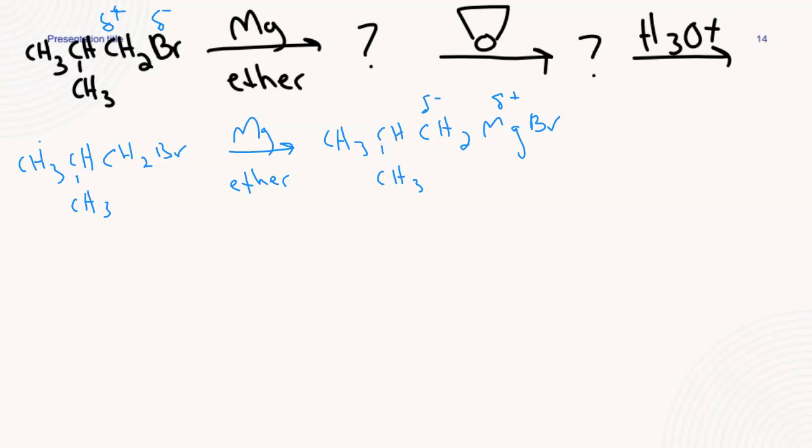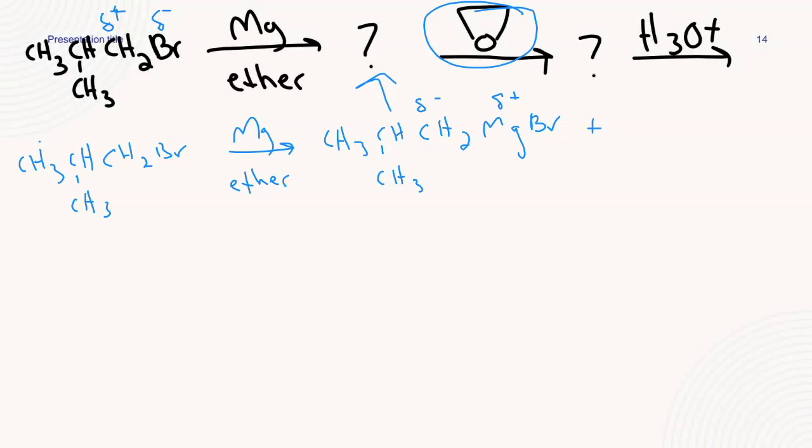Because this carbon is partially negatively charged, it is now a carbon nucleophile, and we don't have very many carbon nucleophiles. It's pretty much just these, cyanide, and phenols, I think. So we don't have very many of these, and that's why these are very important. Now, after I make this product,